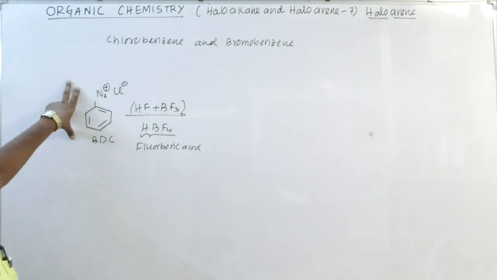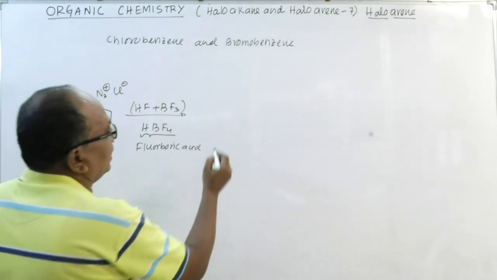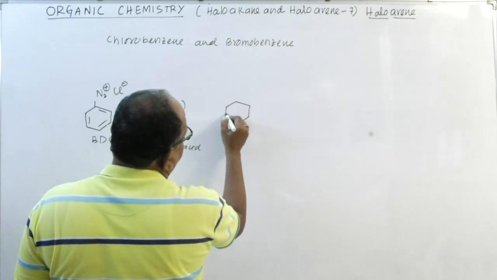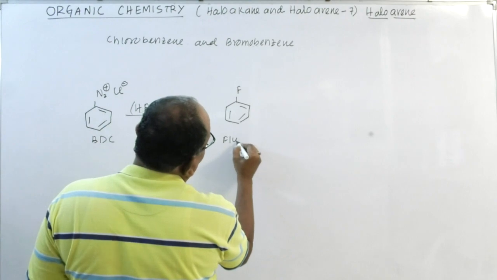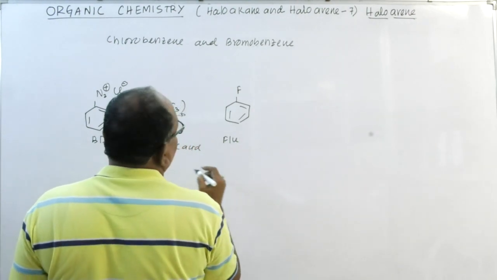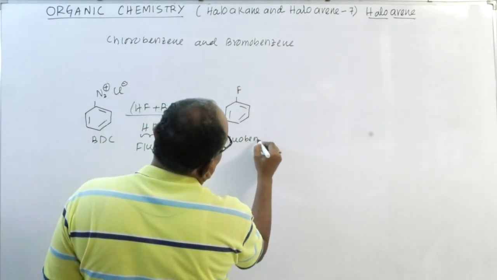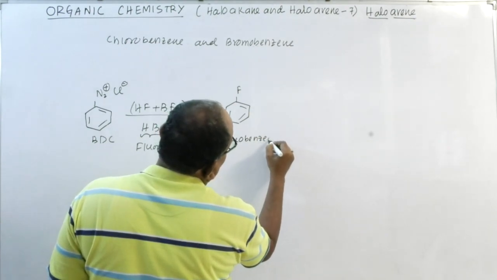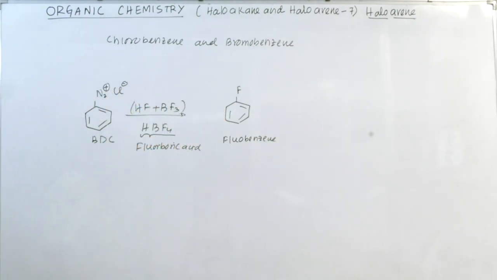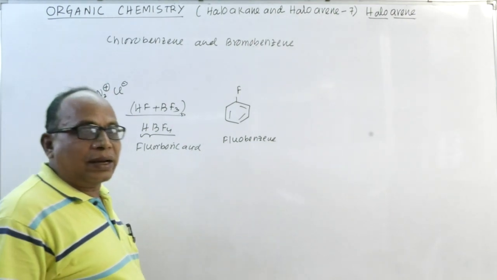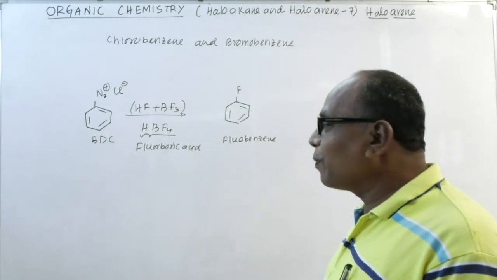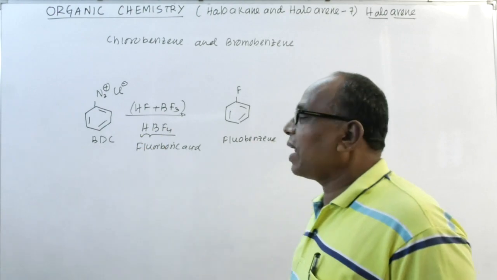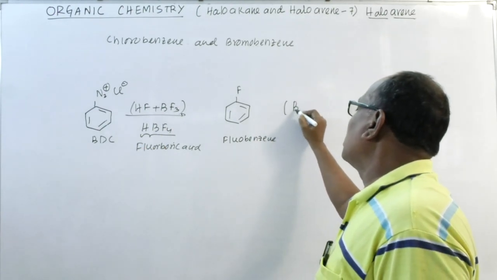When benzene diazonium chloride is treated with fluoroboric acid, it gives you fluorobenzene. Are you clear? And this reaction, the preparation of fluorobenzene from benzene diazonium chloride, is called